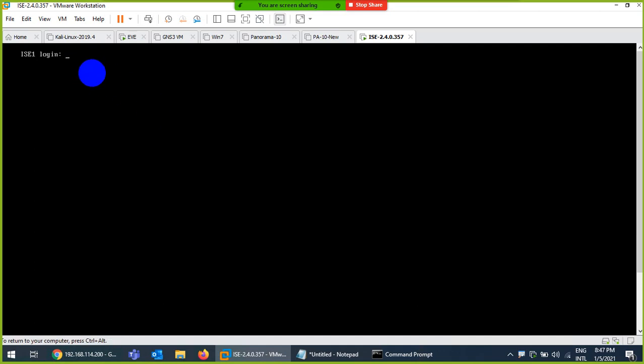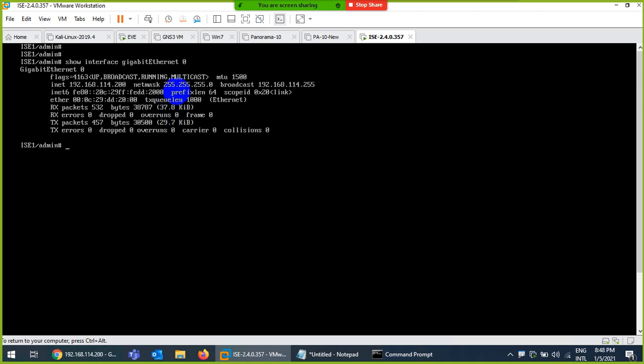Then it will give you this prompt. The username was admin, the password we put abc@12345. Okay, they will show you login from 114.1. Then Control L to clear the screen. You can use show interface gig 0. This is the interface on which we applied our IP. You can use the same configuration commands like in Cisco, like config t and then exit and end.